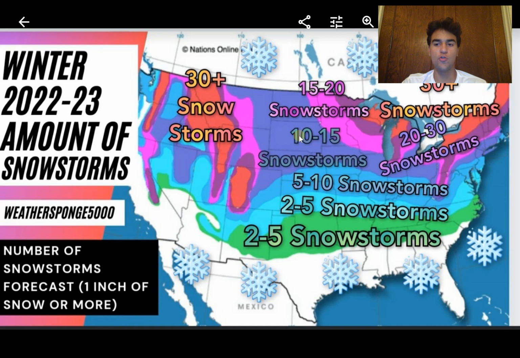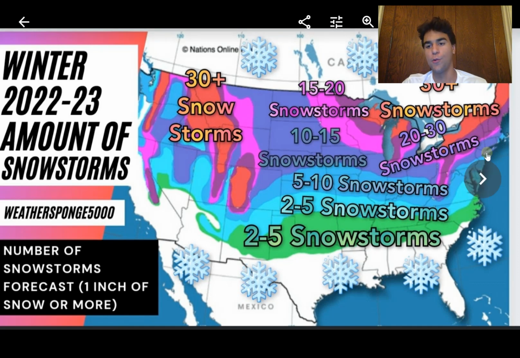10 to 15 snowstorms. Now, this includes a much bigger population, of course, the large portion of the northern Midwest, as well as the Chicago area. You should expect 10 to 15 snowstorms, and this extends to New York City as well. Hartford, Connecticut will get involved, and pretty much just north of the Interstate 78 corridor along New Jersey and Pennsylvania, you should expect 10 to 15 snowstorms this winter, or snow events where you should expect 1 inch of snow or more. So that's something to keep in mind.